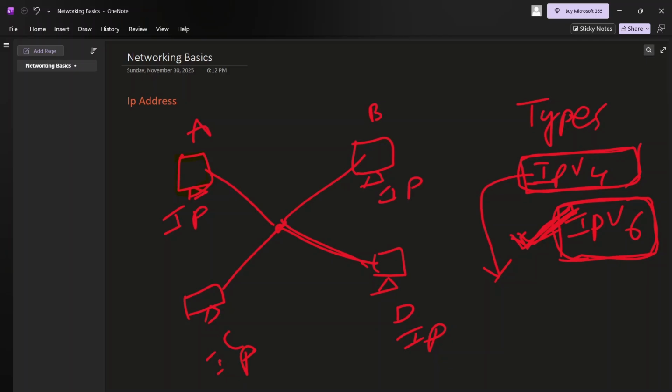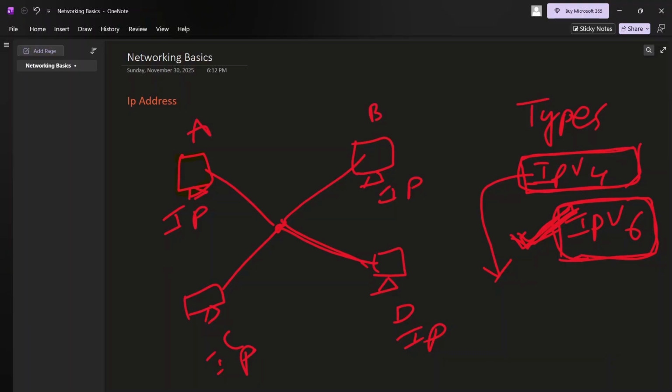If I want to give a definition, it's like a postal address for a device on the internet. It tells exactly where to go. For example,